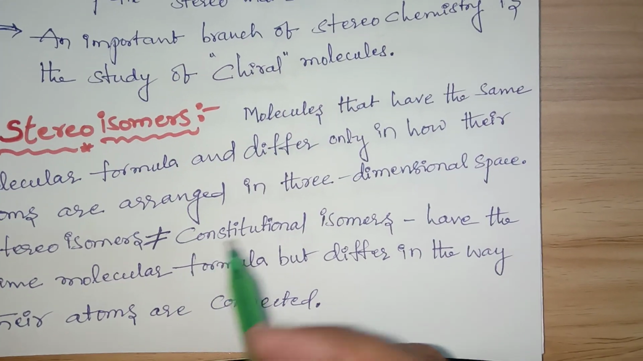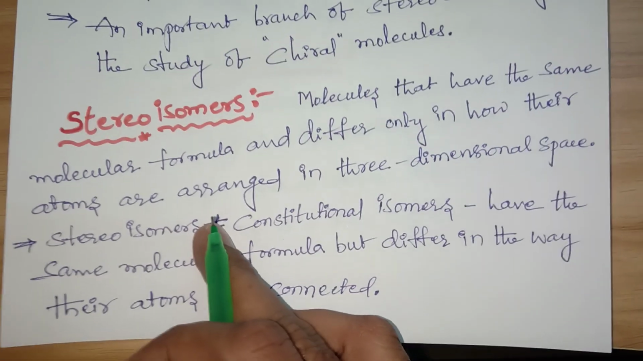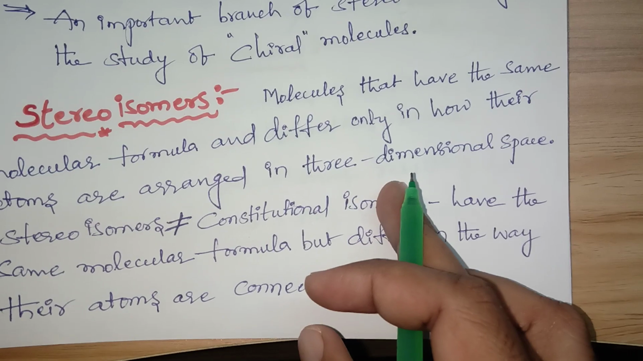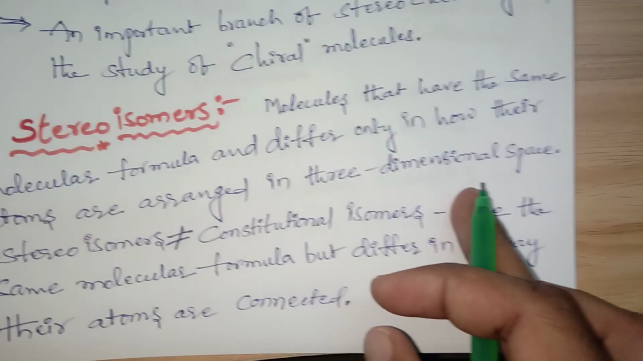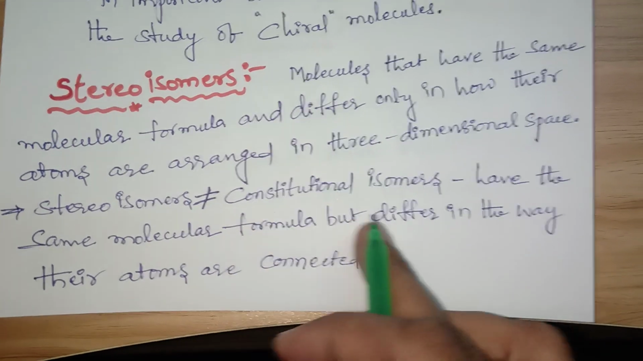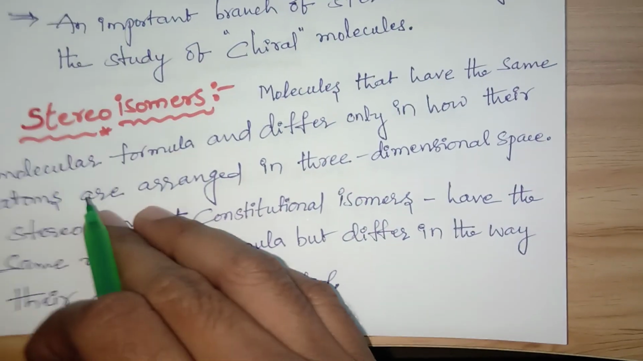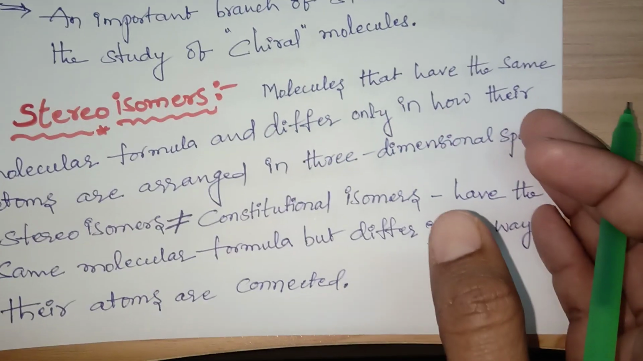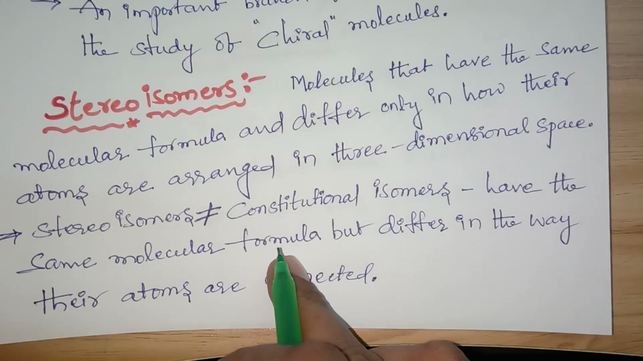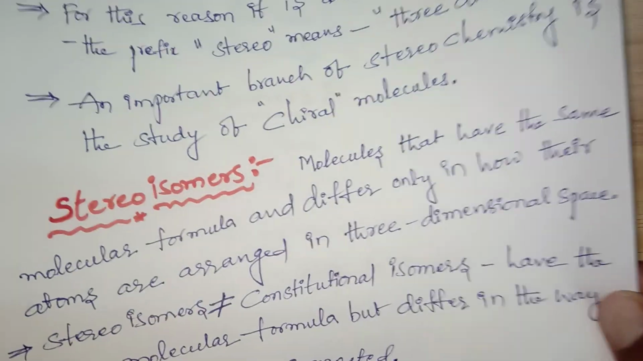stereoisomers, the molecules that have the same molecular formula and differ only in how their atoms are arranged in three-dimensional space. Stereoisomers are not the same as constitutional isomers. So stereoisomers are different and constitutional isomers are different. Constitutional isomers have the same molecular formula but differ in the way their atoms are connected, right? You can see now